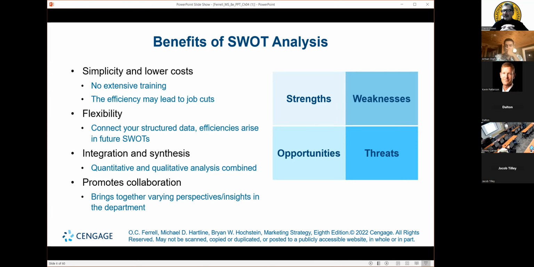And so when we think about our Business Week scenario, the one that we talked about yesterday, you had qualitative information, where we were talking about things going on inside the office, and quantitative information when we were talking about profit and loss. All of those things are welcome together. And the last thing it does is provide collaboration. It brings varying aspects, perspectives, and insights from other departments. That is extremely important because it's the cross-pollination that brings genuine success.